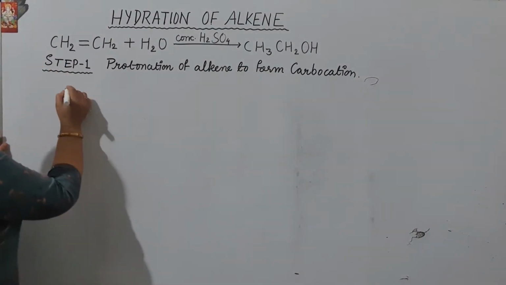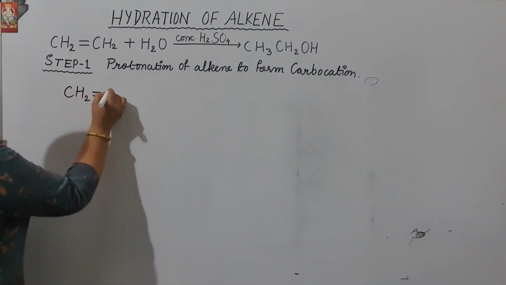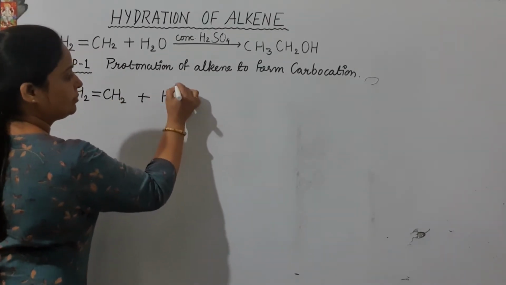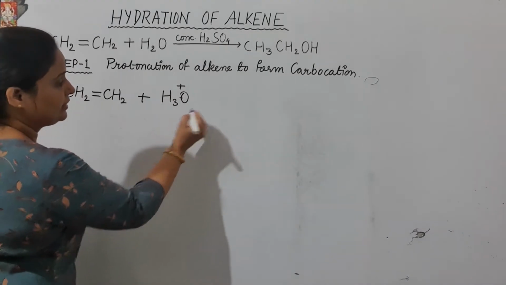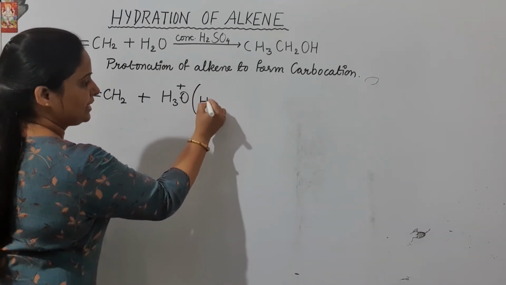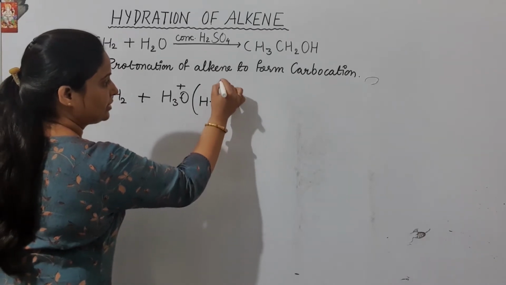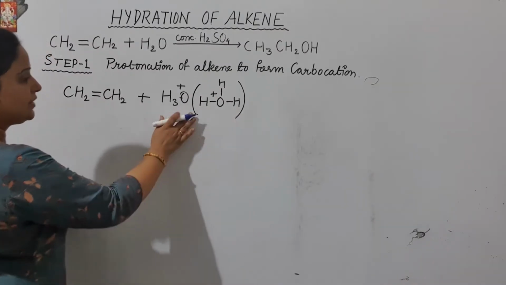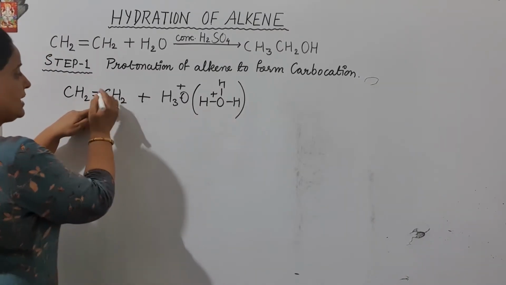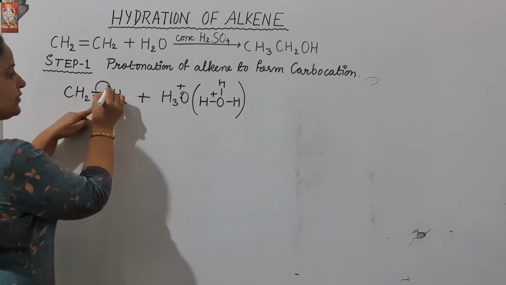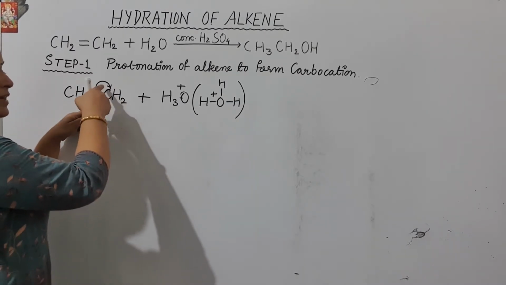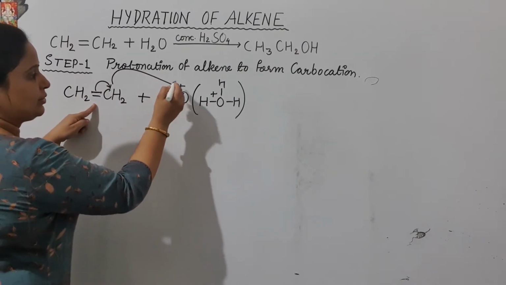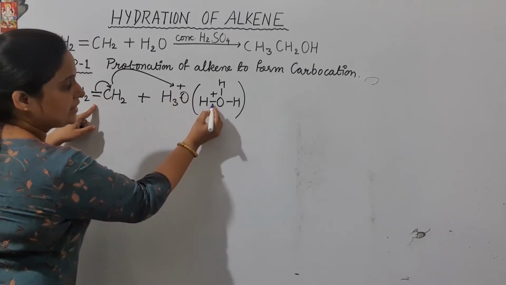I am taking CH2 here. This is an alkene and this is going to react with H3O+. Now all of you can see here H3O+ is what? It is HOH plus, and you know that whenever this H3O+ will come in contact with this alkene, this double bond of the alkene is going to shift on the one carbon and it will become negatively charged, and then this nucleophilic attack will be there on the hydrogen, one hydrogen, and what will happen then?